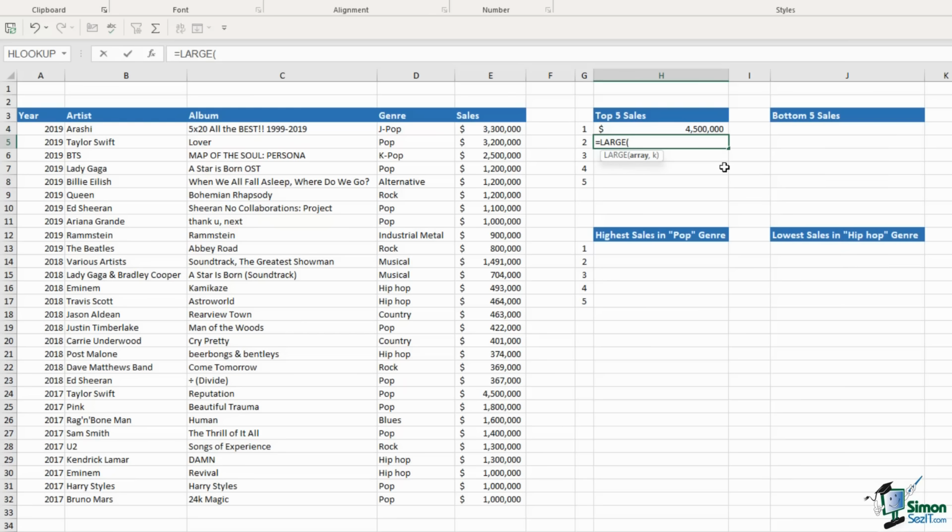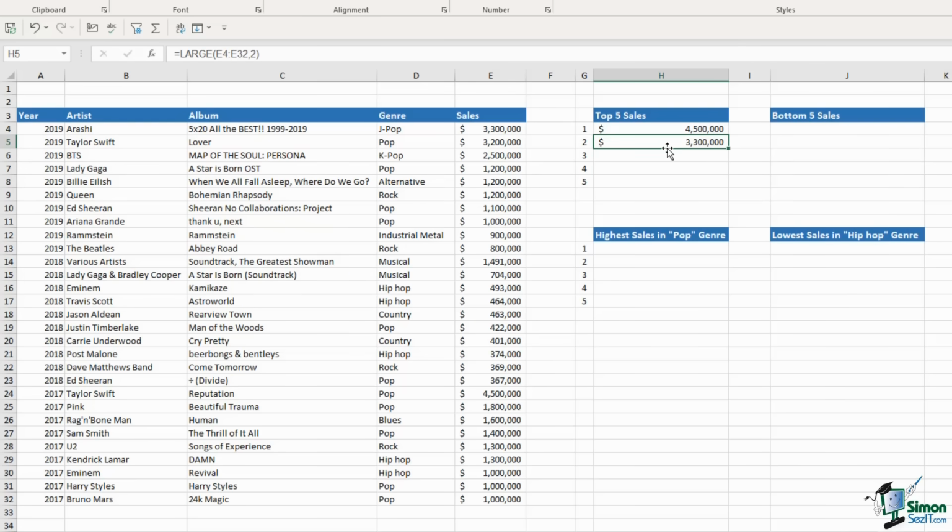Array is basically going to be what we want to return, which is going to be one of these sales values. And k is where we specify whether we want to return the second largest, the third largest, the fourth, so on and so forth. So if I want to return the second largest value, I can simply type a 2 in there. Now if I close my bracket and hit enter, it's going to tell me that the second best-selling album sold